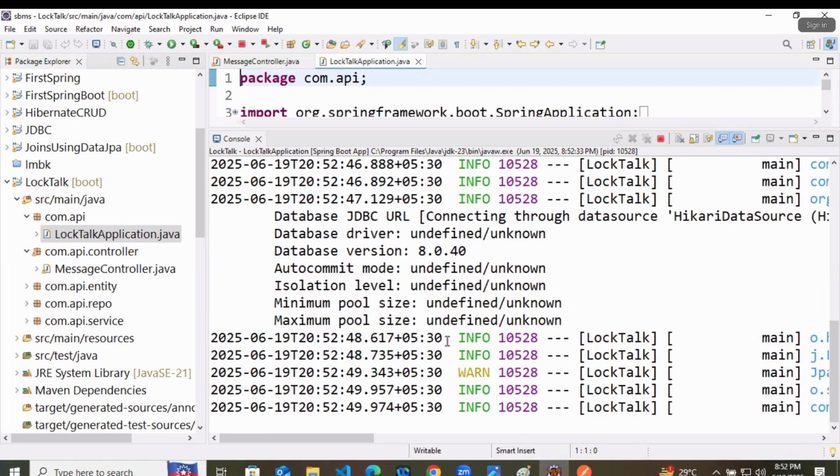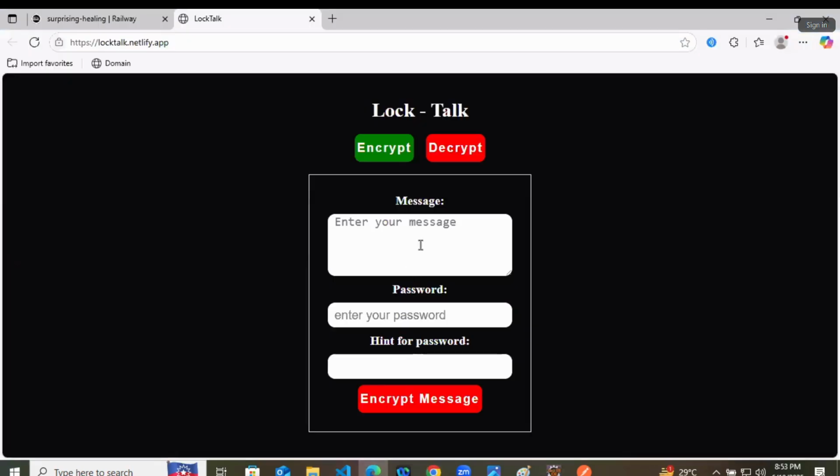Now our Spring Boot is running. What I will do from my front end, I will try to encrypt one message. Something random message you are typing and one encryption.